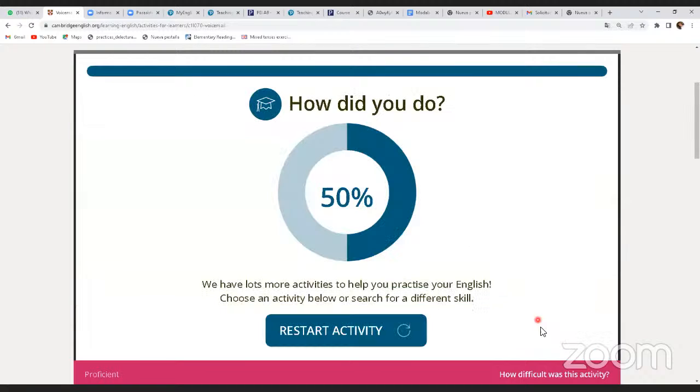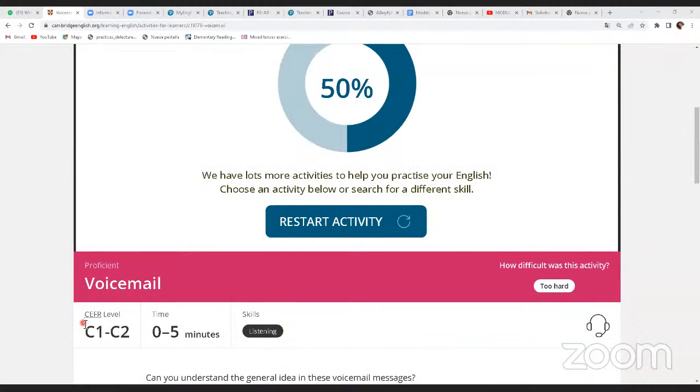Okay, thank you. So that is everything for today. You got 50%. We're going to continue practicing. This is C1 and C2 practice, right? And now you know a new phrase. I just need B2. Yes, but I usually give my students one more level, in order to learn more vocabulary. You are a teacher of TOEFL too. Yes, I'm on it.